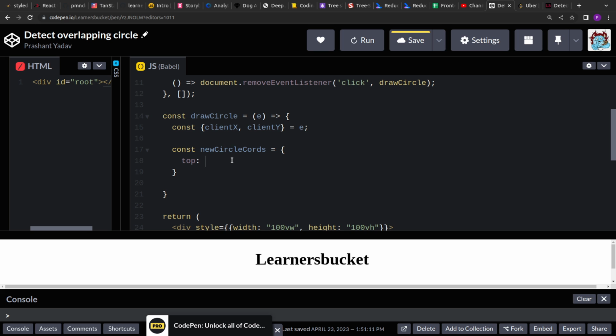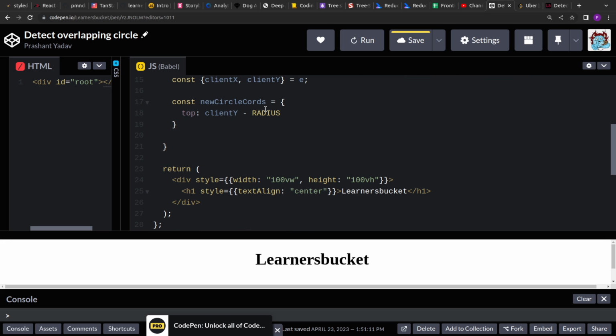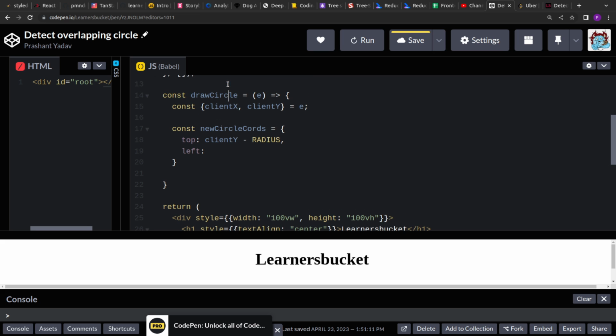So here the top will be whatever client Y is minus the radius of the circle. So this will give us the top position. Similarly for the left position. Top is calculated in the vertical manner, right, that's why we are getting the Y position, and for the horizontal ones like the left and right we'll calculate it from the client X. So for the left position I'm getting the client X minus radius,